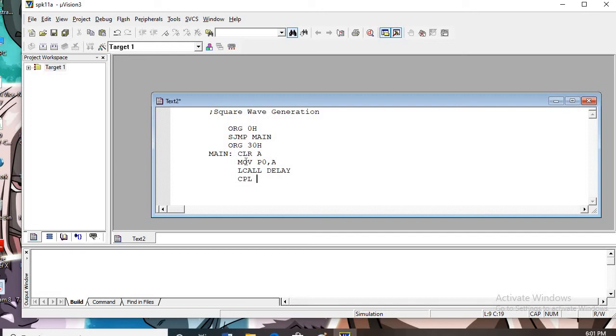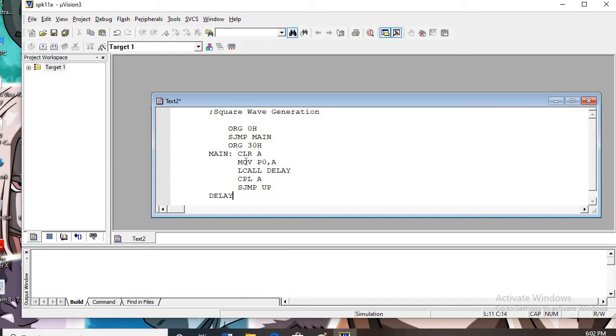So if it is absolute call, maximum up to FF you can go, and if it is a long call you can extend. So in general I have written LCALL. You can even write a small code with ACALL also. It makes not that much difference. For small delays it is okay, no problem. Because the routine we are writing is just immediately, and the routine call is not that far, so you can use ACALL also, no problem.